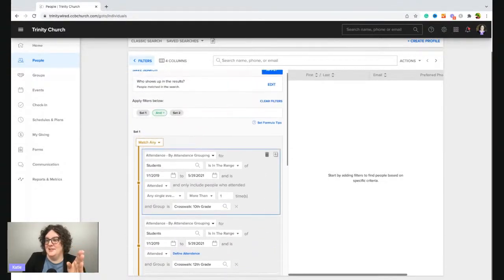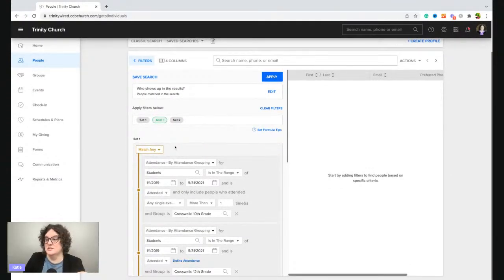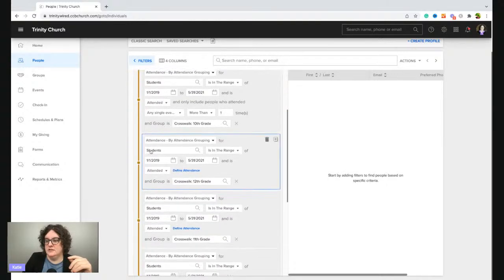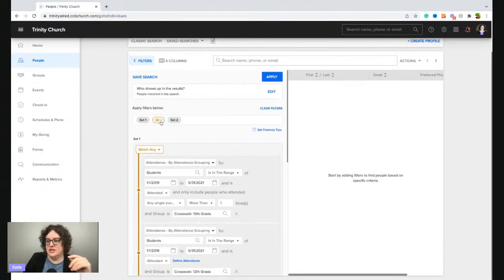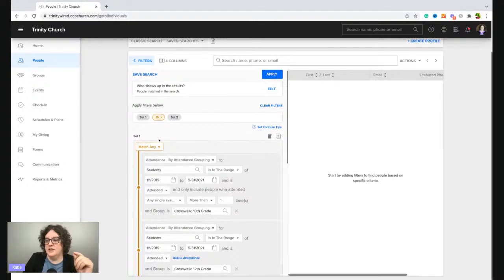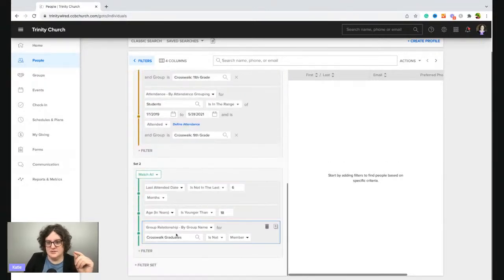But the other piece is up here at the top, and I do this last. This is real time how I do this, because I do this equation last, where I want both set 1, so all of this, and this to be true. If I change this to or, then this could be true or this could be true, so it would be either or.